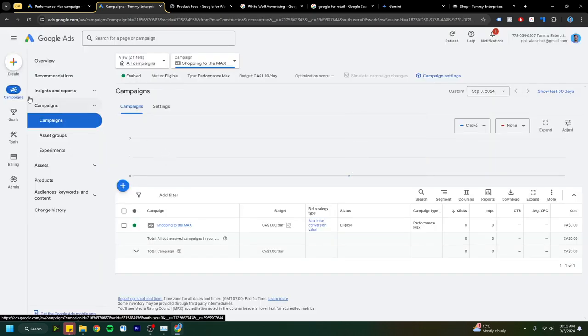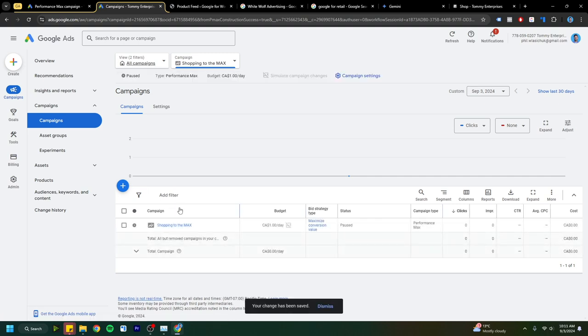So if you go to the left side menu, you see campaigns here. Go down to this subsection campaigns, drop down to campaigns, and you'll see the campaign here that you just made. If it's green, then it means it's live and it will start spending. So make sure you just go to pause and just pause that campaign unless you want to keep it live. Never go remove. There's no real reason to. You might as well just pause it because it pretty much functions the same as a pause, but you can't